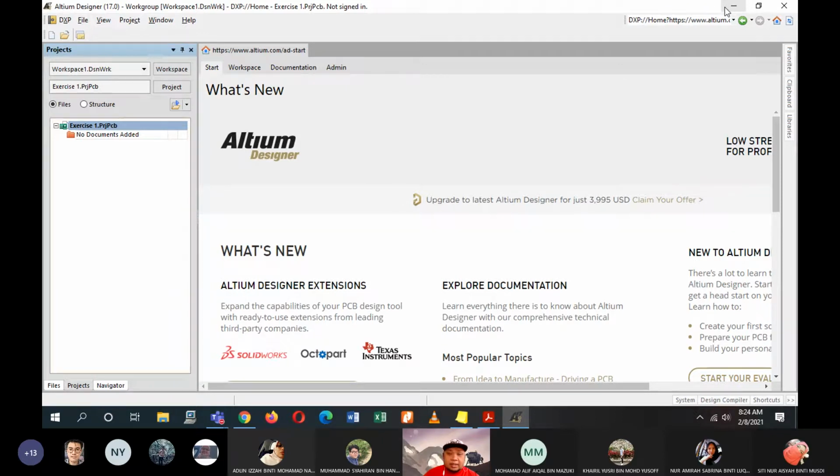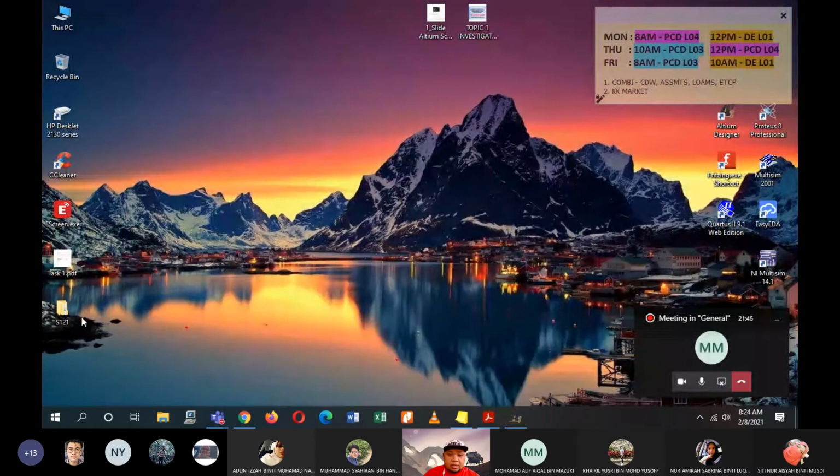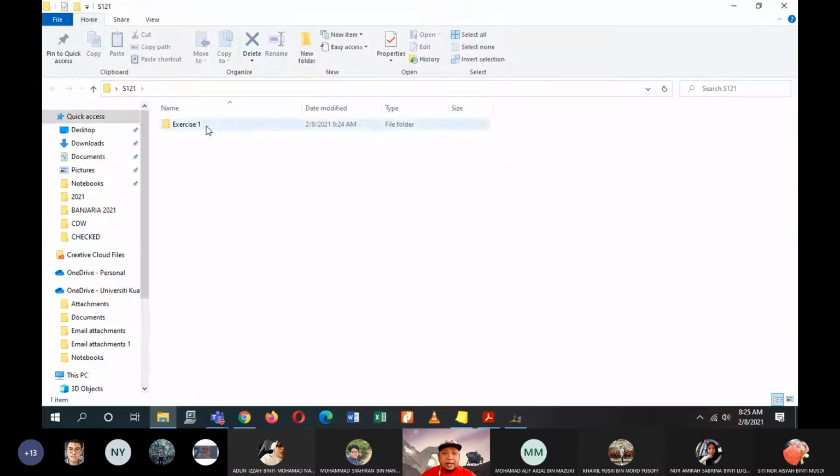Okay, so then I'll check for the project file that I just saved just now. So here, SEM1 2001. I'll click on it and then I will find the exercise 1 folder here. So this is the project file that I've created, and the one that I have saved just now.